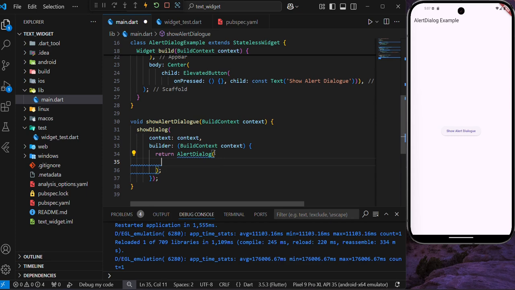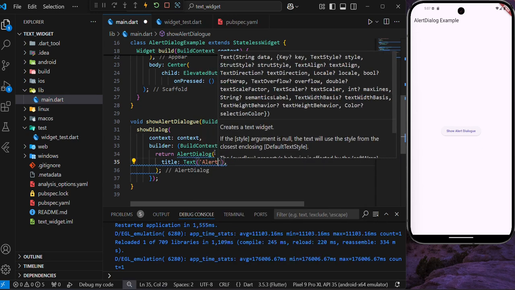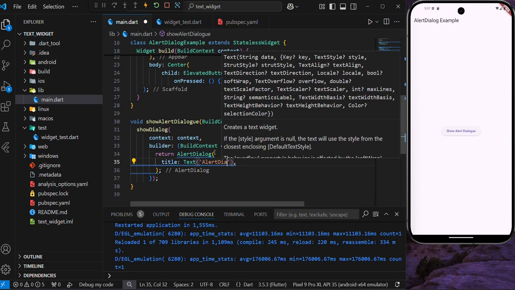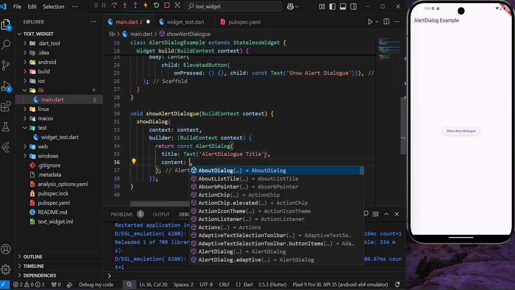So title, let's say title. This title is going to take a widget, and then you can say alert dialog title, and let's add const here for now. So another thing it takes is content. So the title is going to be basically when you click on this button, the heading you have on your pop-up, that's basically the title, and the content is going to be the sub-heading, the description you have below the